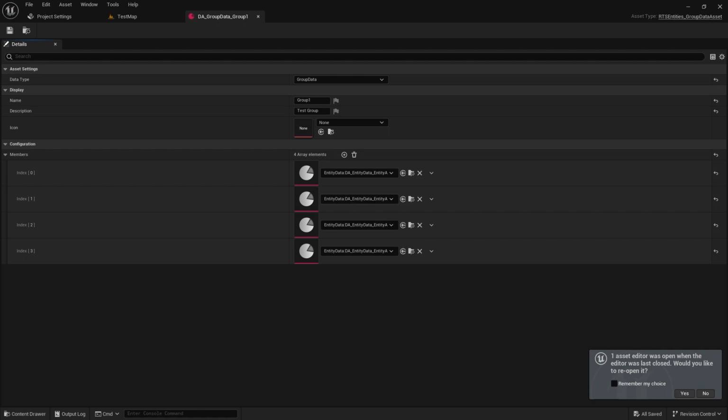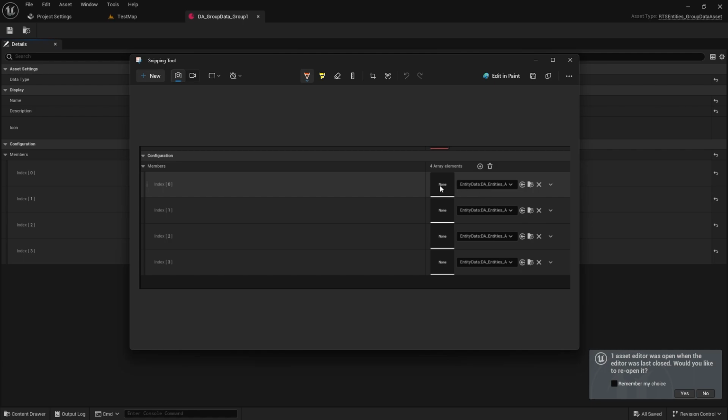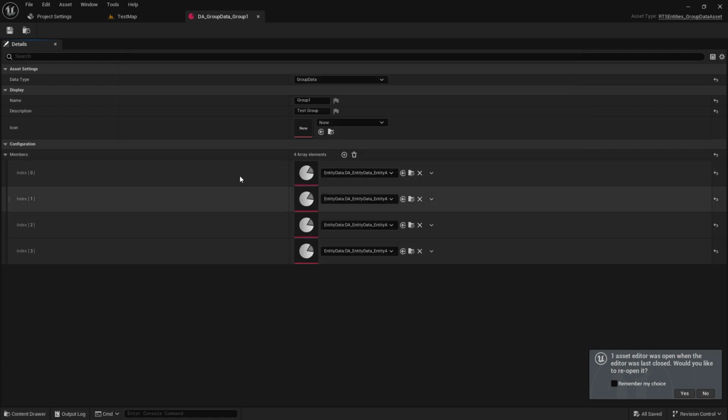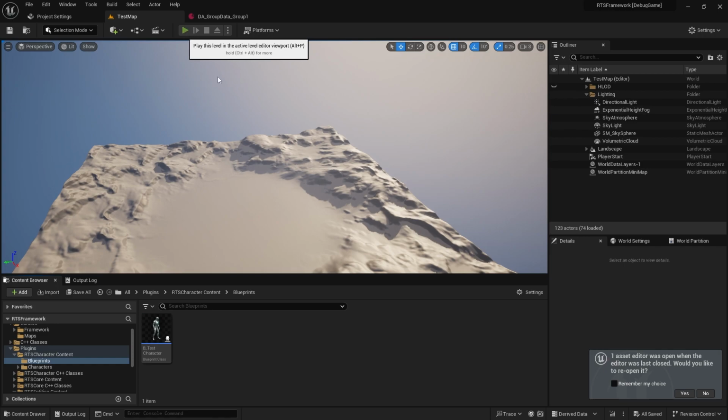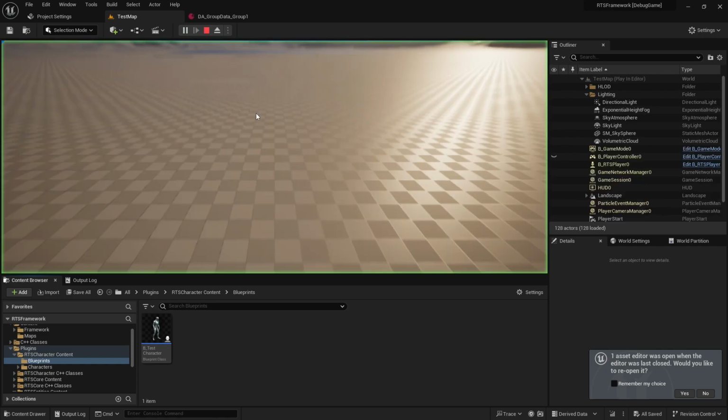Screenshot. Sorry, I didn't think to turn the recording back on at the time, but they look like this, so they were just corrupted, and all I had to do was just reassign them. So I just repointed them. I'm not sure what happened there. Maybe we made a change to something that affected it, but that's all it was. So then when we play, I think